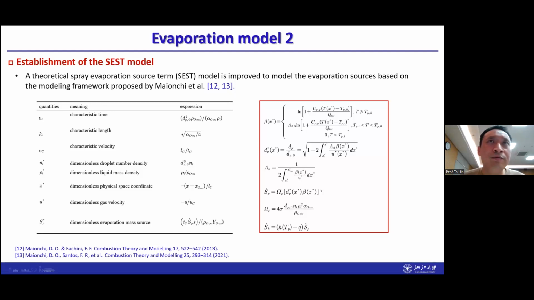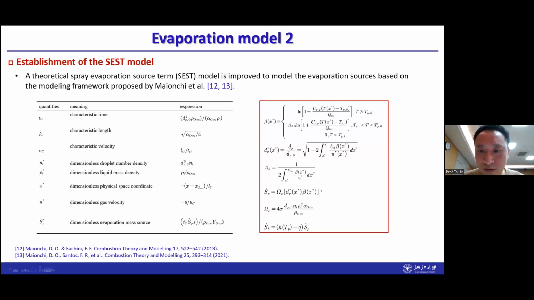So maybe if we have done many DNS simulations, we can come to the criteria, but this criteria may be just related to this setup of the boundary conditions. I'm not sure it will be general for different conditions, but I think this is a very good question. For this new approach, we can